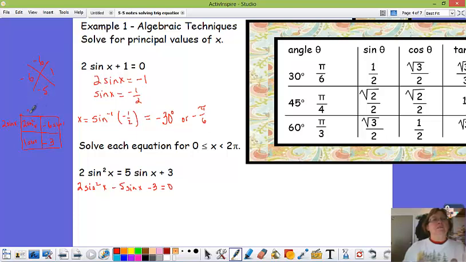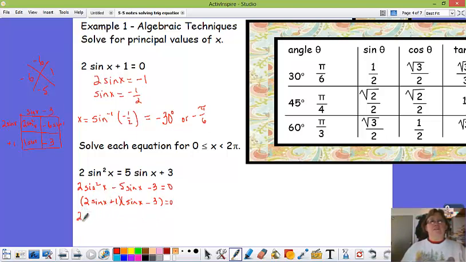That would make this one just be sine x. To get that negative 6, you have to multiply by 3. To get this 1, you have to multiply by plus 1. So the factored form of this quadratic is 2 sine x plus 1 times sine x minus 3 equals 0. When you set each parenthesis equal to 0, from this first parenthesis, you would have to,